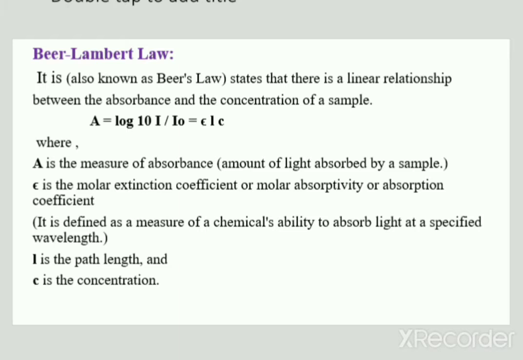Okay, now the combination of these two laws is called the Beer-Lambert law, and you can also call it Beer's law. That law states that there is a linear relationship between absorbance and the concentration of a sample. So this is basically a combination of two laws. First, that is Lambert's law, which we saw earlier. And in Beer's law, we saw that they are directly proportional to two different things. So you can remember one thing: concentration in Beer's law, and in case of Lambert's law, absorbance is important.